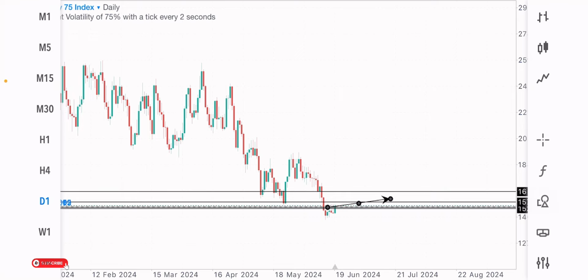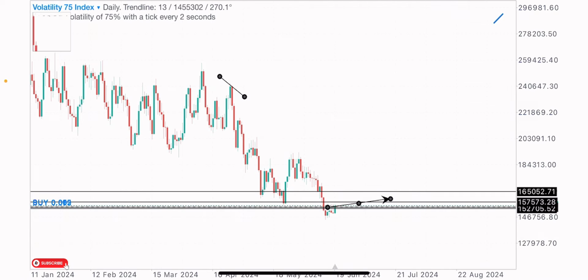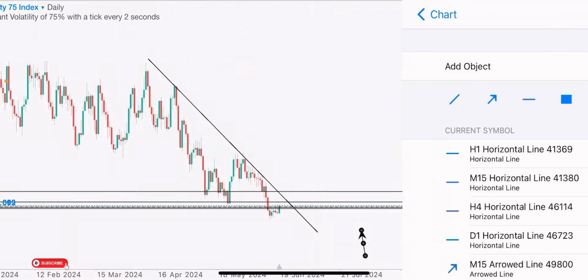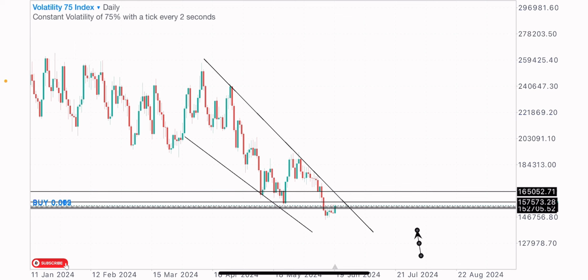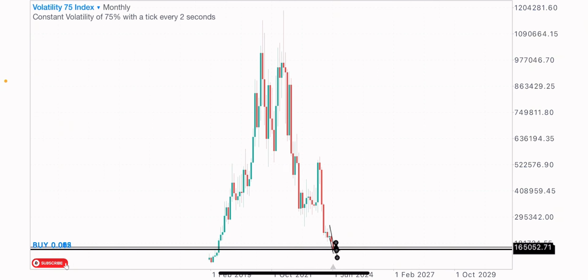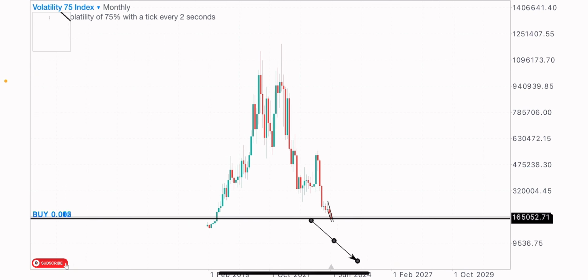that this index is on a downtrend, bringing up our trend line, matching it up with our trend levels, our trend support and our trend resistance. This index is currently on a downtrend. These are our trend support here. Always do well to spot the market trend, and you can see that this index has sold for a very long time. When we go to the monthly time frame, this index has been on a massive decline, and